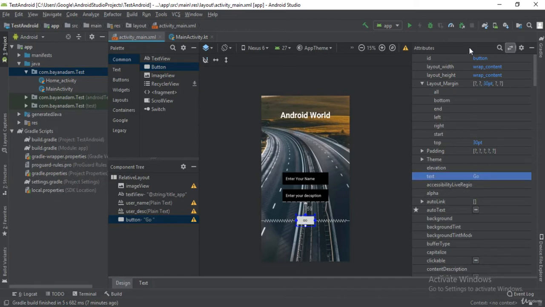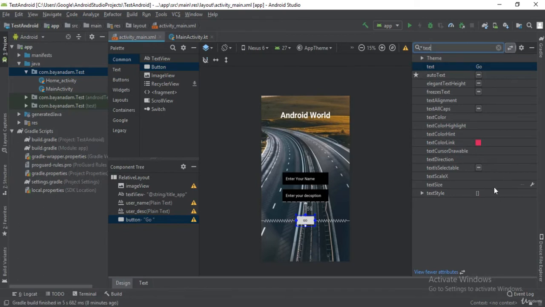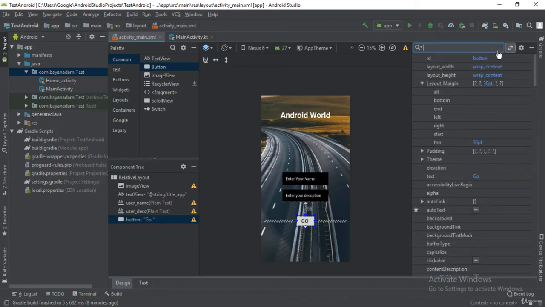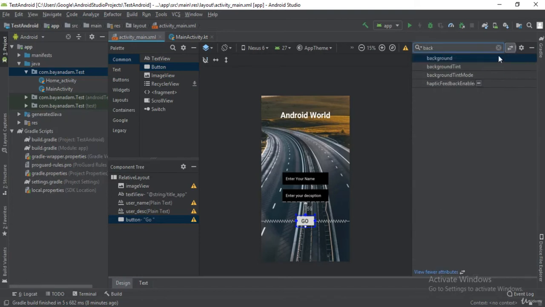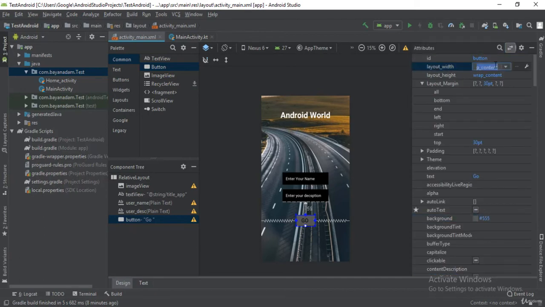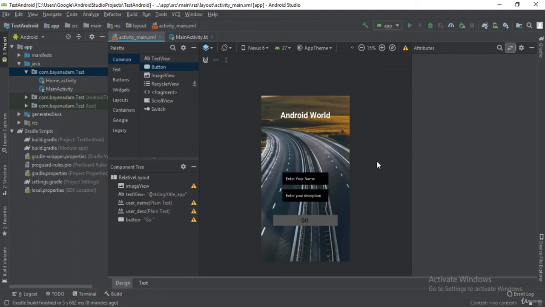Okay, so just leave it as go, and increasing the size will be a good option. I'm going to make the background, if we have it, let's change the background also. Here we have it. I'm going to choose maybe light gray. Okay, it really depends on you and the design that you prefer. Make the width. Okay, so all these steps we did a lot, guys, so I do not need to waste